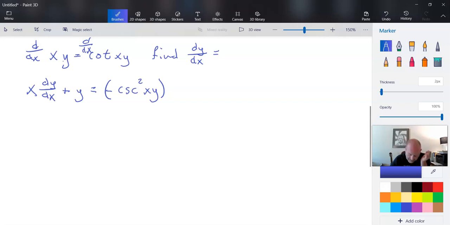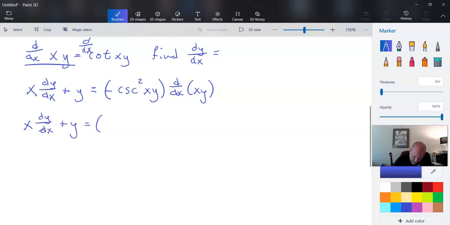The derivative of the inside would be d dx of xy. Well, we already did that, right? We did that in our first step. So we can go ahead and write that down. So we have x times dy dx plus y is equal to negative cosecant squared xy times, now it's the derivative of x times y, which would be, since we just did this, it's the left-hand side. Where'd it go? Oh, x times dy dx